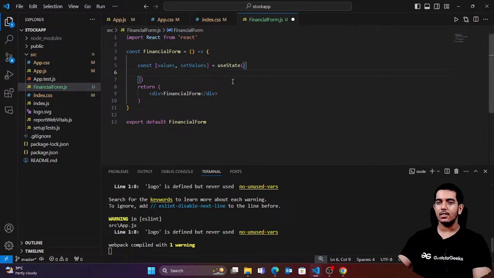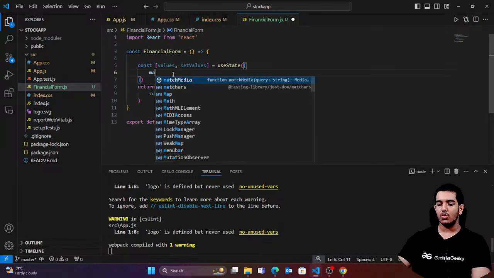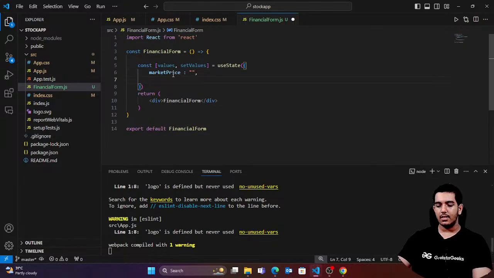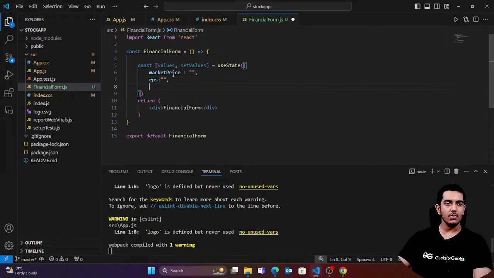So here, guys, suppose these are the values which we are going to ask from the user. I can say market price, although there are some values which AI might get automatically from the internet, but still I'm asking things from the user itself. So stock market price, and we can say earnings per share, and book value,